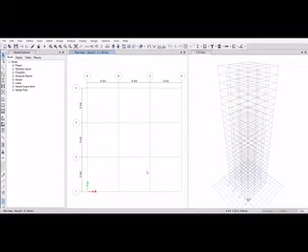So now we define all the three properties which we used. Okay. So again go to the section, frame sections, add new properties, click on column, rename the sections, C500, change the material type to M40,